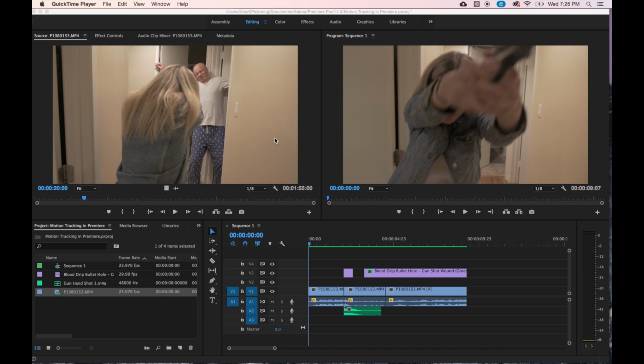Motion tracking in Adobe Premiere basically just means tracking a subject as it's moving, having an object follow along with it. This is something you can do in After Effects with the automated motion tracking feature, but you can do it manually in Adobe Premiere if you'd like. Premiere does not have the automated feature of After Effects, but it does have the ability to do it. It's just going to take some patience, and I have to emphasize that, most of all, patience and precision, really,